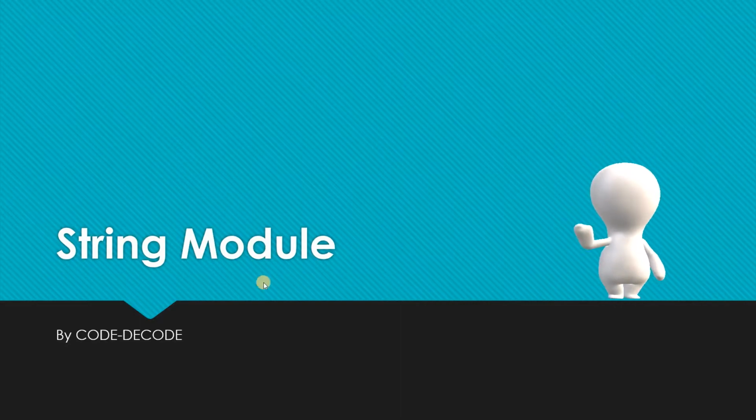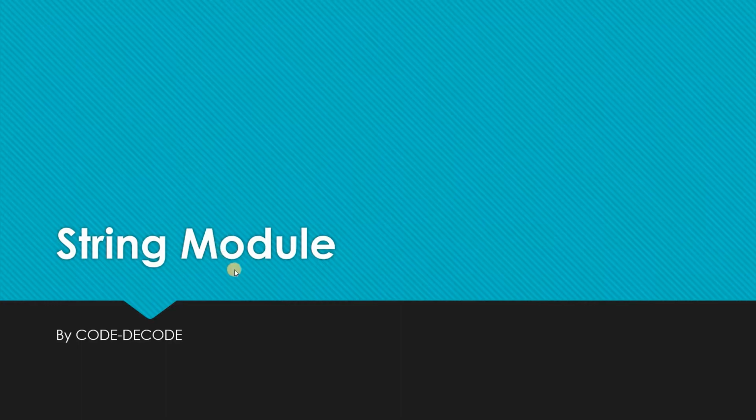Now we are going to see this string module. I'll give you an analogy actually. Suppose you know the math module, right? It is the basic module that you have studied from the first. When you write import math, you get access to some of the functions and values inside it. Suppose you get the value of pi by using the math module.